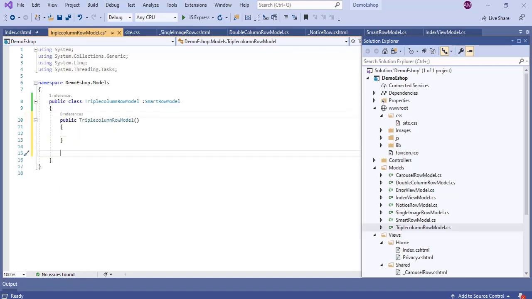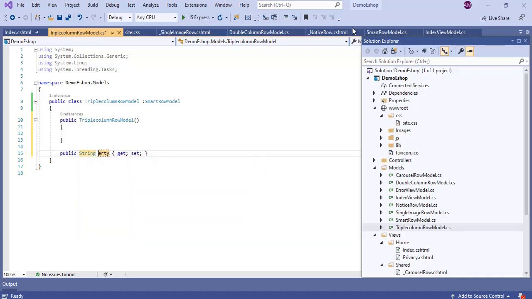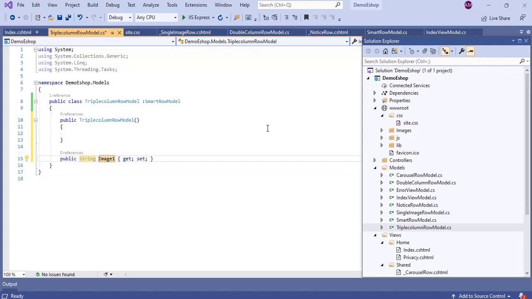Then we need three public properties to store our images. Let's create the public properties. To create the property, type prop and press tab two times, then change it to string, change the property name to Image1, and then change the property setter to private.